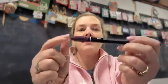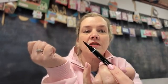And the whole idea of using these markers is that you can write in your cards to match your project. Now, this is the brush tip, and this is the tip that we use to ink up our stamps. And there's loads and loads of techniques that you can use for marker techniques. So I thought, on the fly, I would show you just a couple, but if you're on my email list,